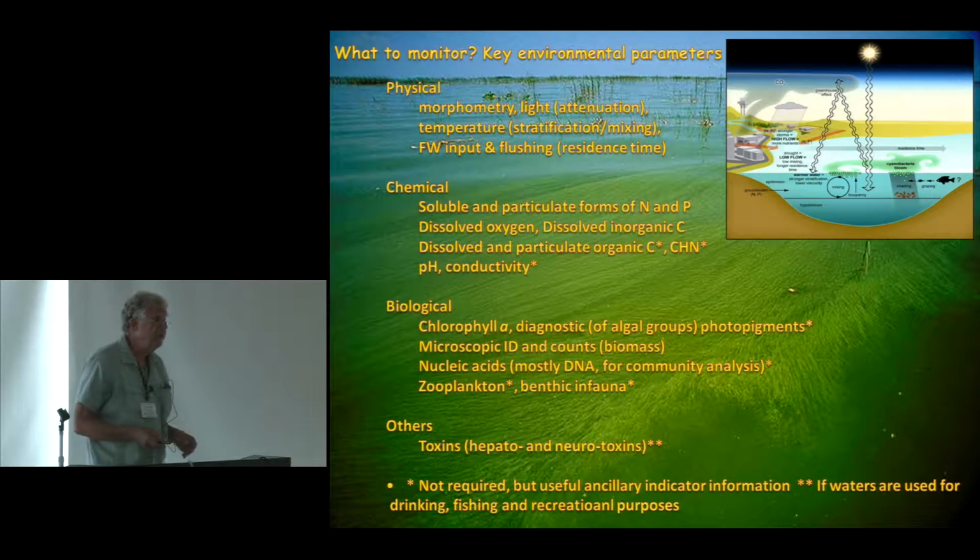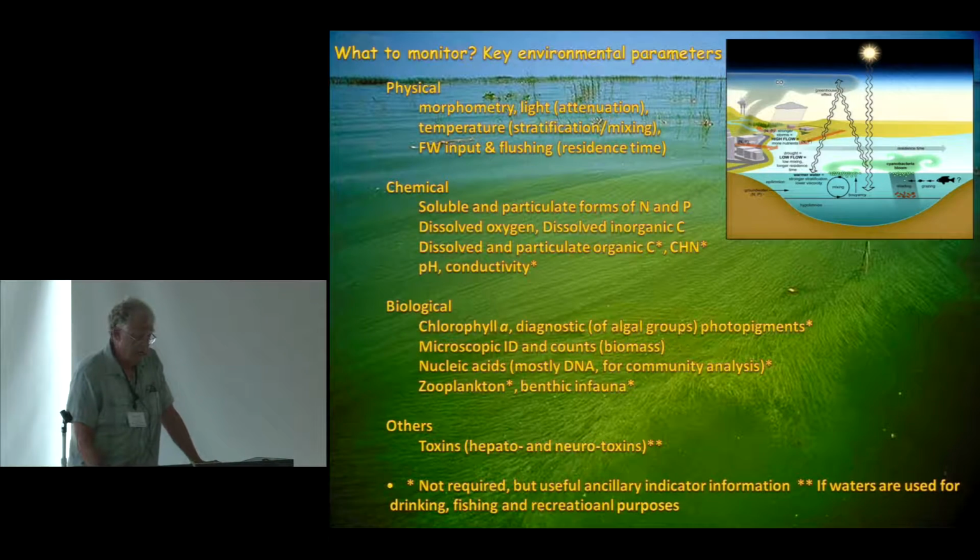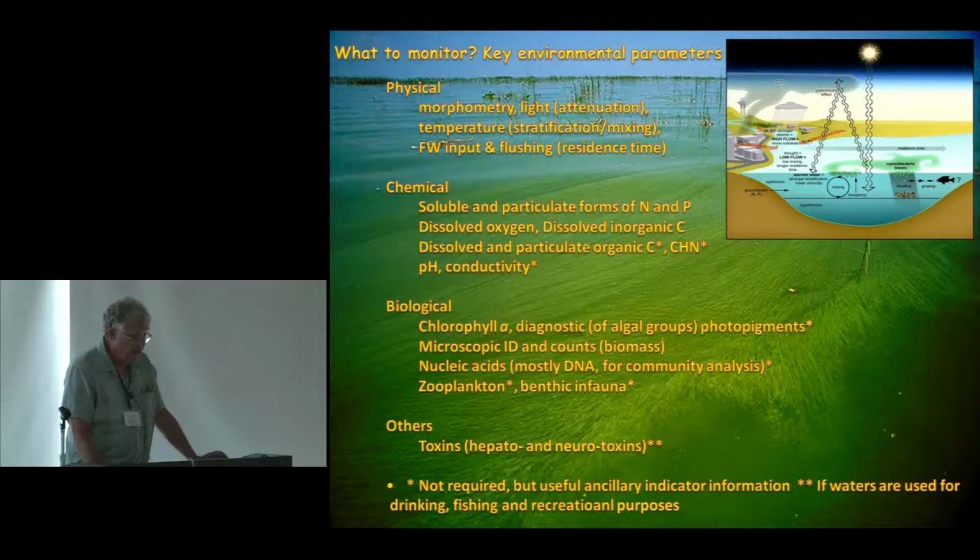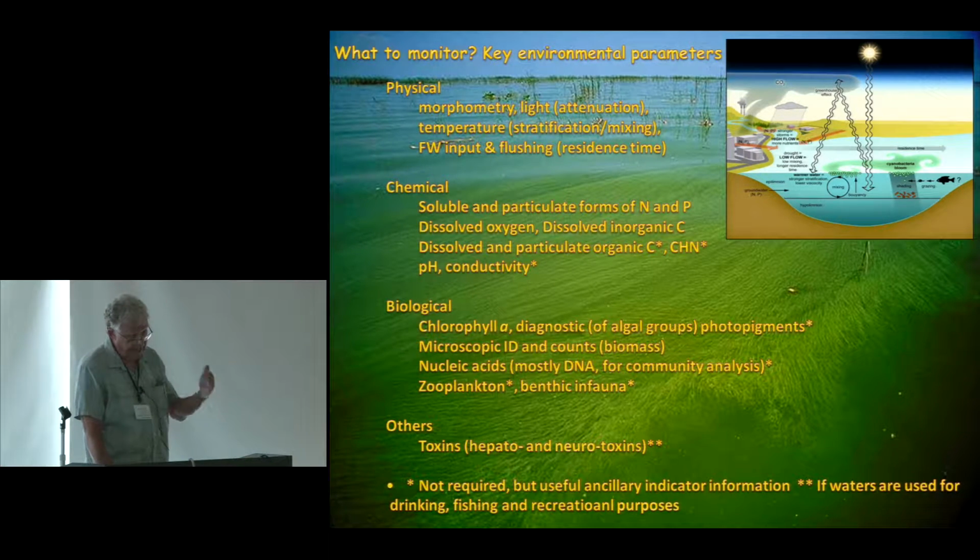So what do we need to monitor in order to assess the susceptibility of these systems to these blooms, and also as we start to monitor nutrients and as we start to reduce them, what do we need to measure in order to look at improvements or lack of improvements in these systems? So these three lists here, and I think my talk will be recorded, so you don't need to write everything down here in terms of details. There are lists here of physical, chemical, and biological factors that are really important to measure.